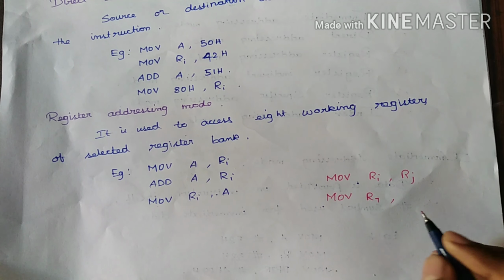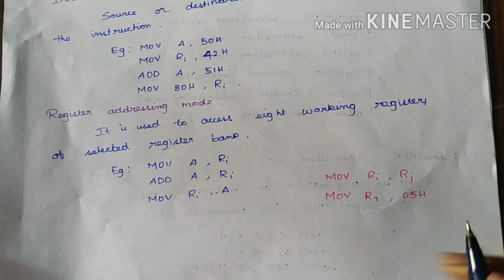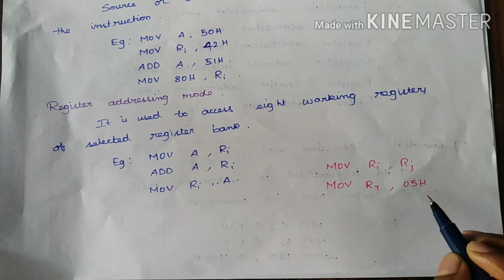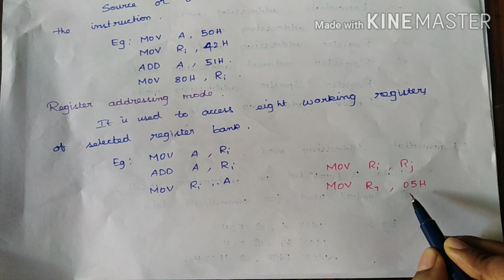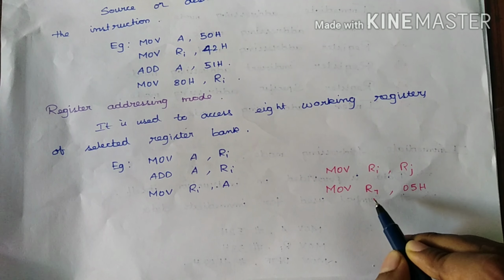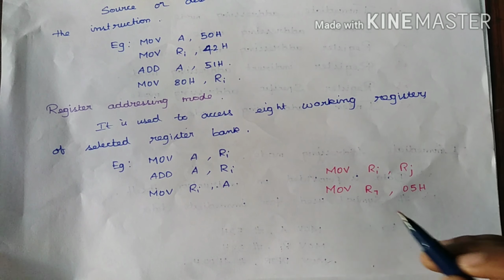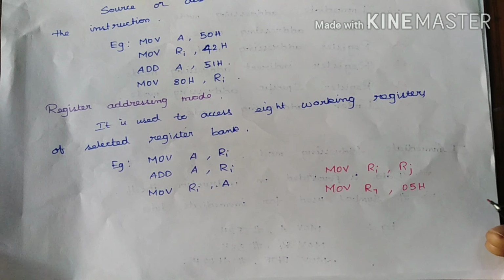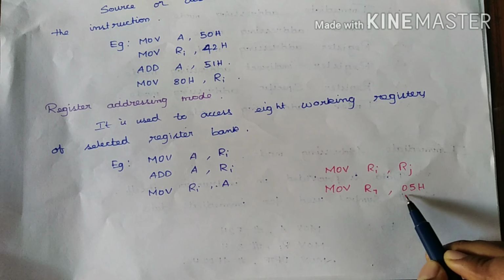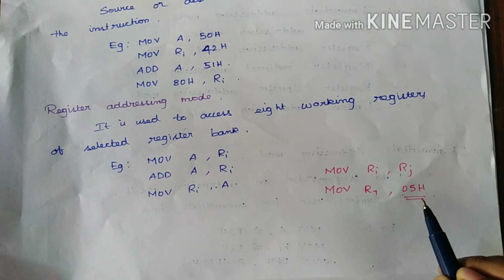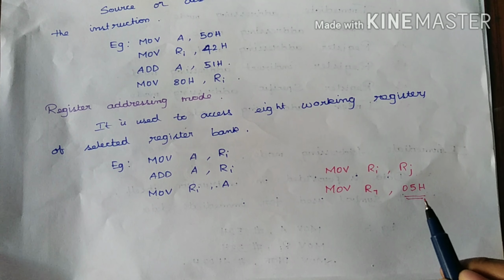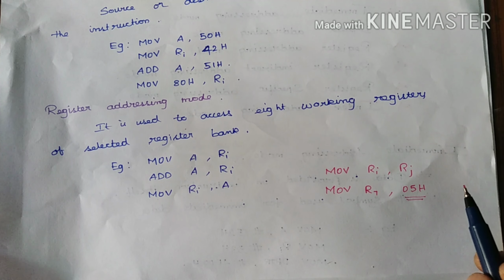Then we can give the addresses like 05H. Now 05H denotes the R6 register of the register bank 0. Now the data in this register R6 of register bank 0 will be copied to the register R7 of register bank 0. If any other register bank like 1, 2 and 3 has been selected, then this instruction will be invalid, since we have used the address 05H and this is the address of the register bank 0. So we cannot use this instruction if any other register banks are selected.